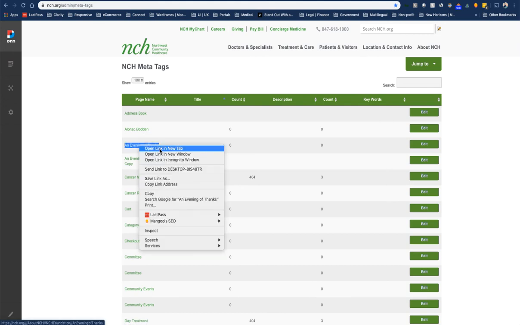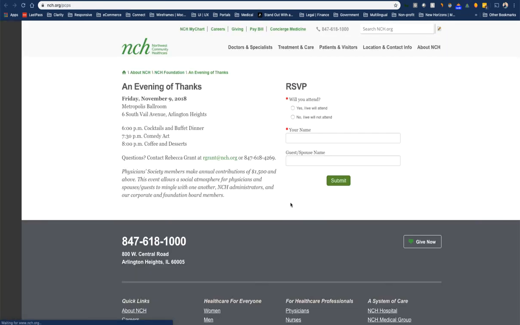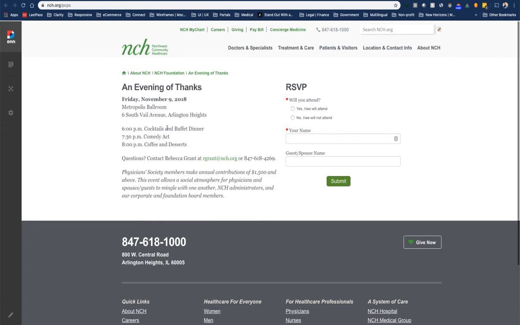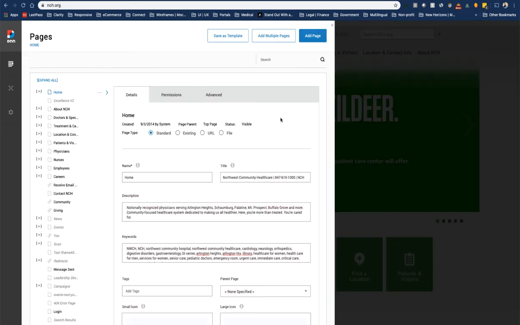And then what I would do is open the tab in a new link. I click on that new link, and now it looks like this page is just a single event for an RSVP. So probably not something that needs to be indexed, but if this page was indexed, it would be easy for me to go through and say, okay, this is NCH Foundation, so I know which organization it is. There's an event called Evening of Thanks in November, so I can come back to my tool